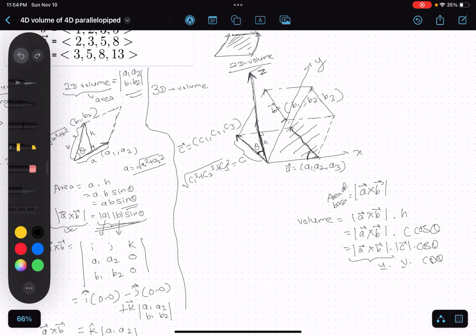So we can see that I can again write it as A vector cross B vector dotted with C vector, right? So this is basically the expression for the volume of a 3D parallelepiped, right? And this usually is written as just [A B C], and this is basically the symbol for scalar triple product. Scalar triple product means